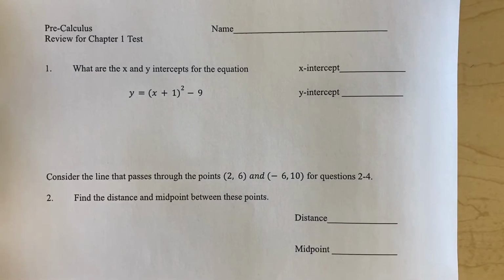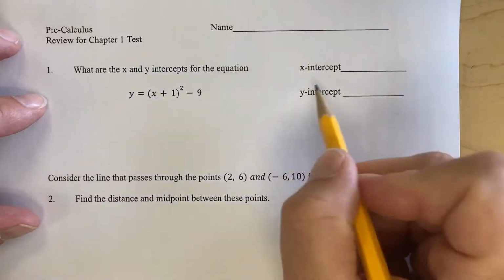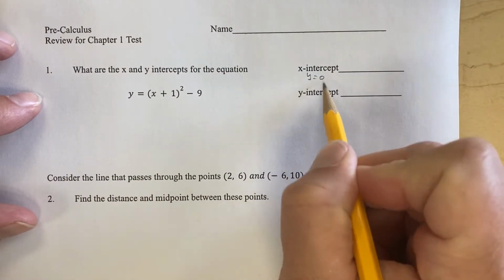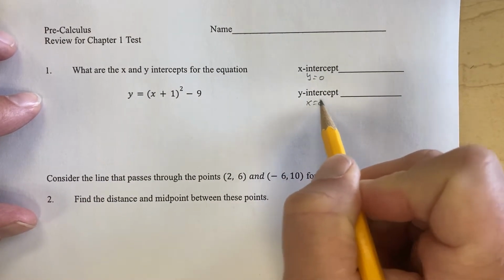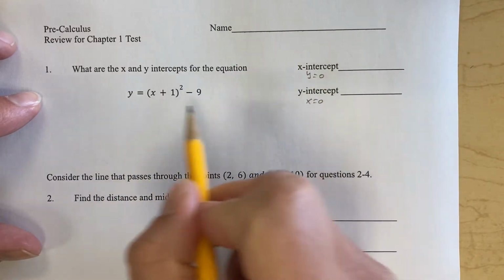All right, these are the answers to our test review. For number 1, it says, what are the x and y intercepts for this? So for our x-intercept, we set y equal to 0. For our y-intercept, we set x equals 0. This is probably the quicker one to find, so we'll put 0 in for x, and we're going to get